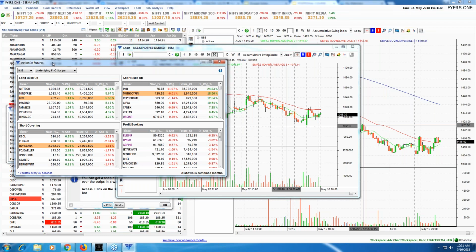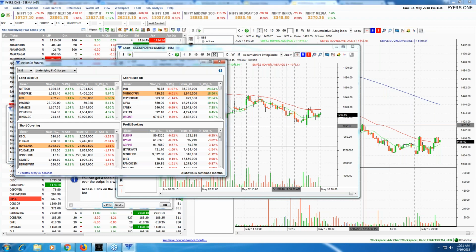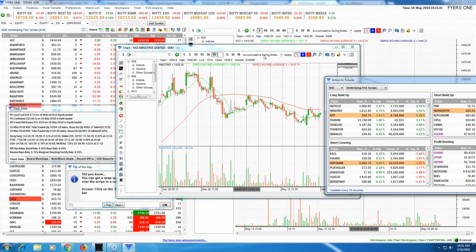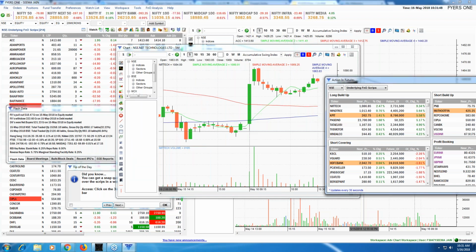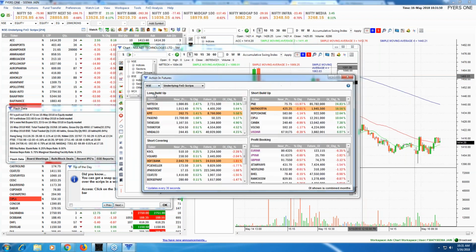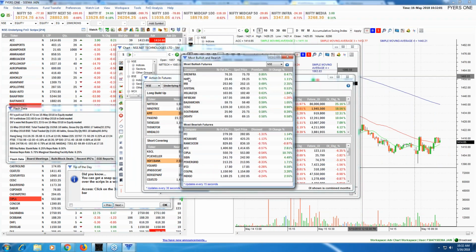You go to the FNO analysis and you can get actions in futures. You basically get everything that's happening in the futures market, right? Let me just show you here. You go to the FNO analysis, actions in futures, and you can see where the long build-up, short covering, profit booking are. Then you can also see options calculator, most bullish and bearish. If you see here, the most bullish right now are